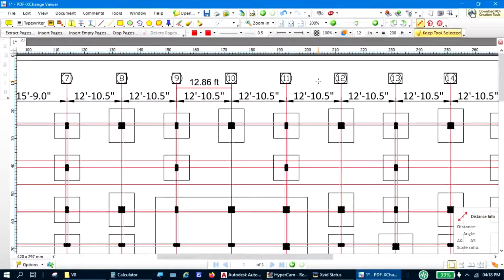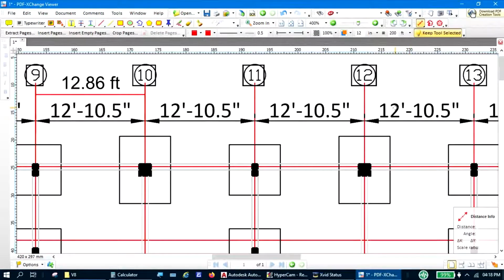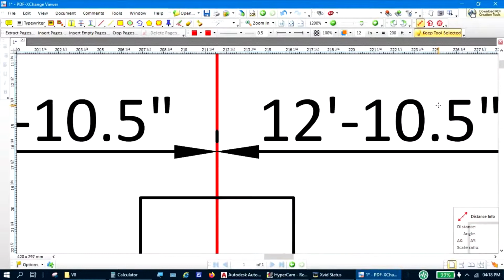I try to check the text height, both 2.5 mm and 2 mm.